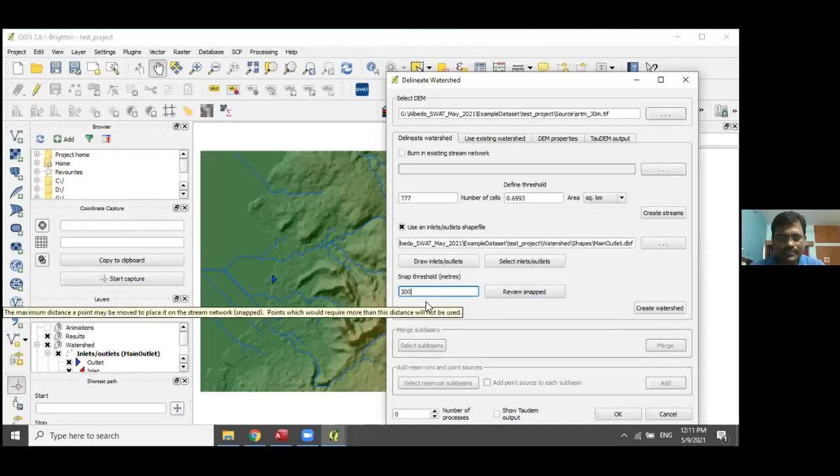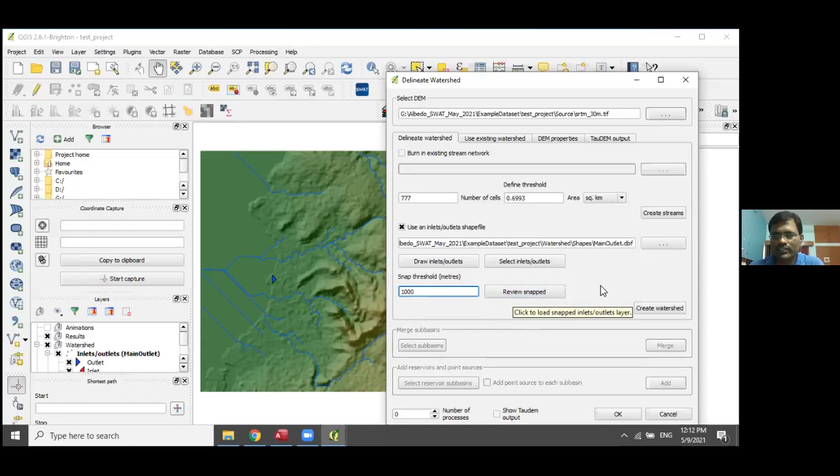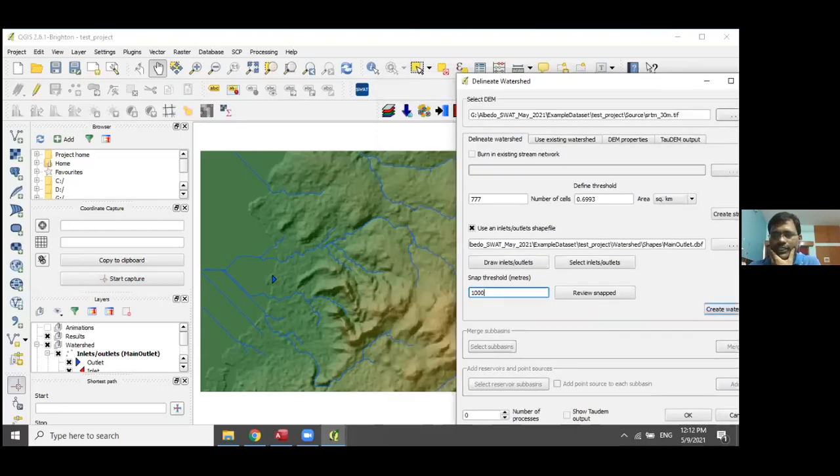In my case, it is around 700 meters away from the main outlet. So I have given this, and now I will create the watersheds. I just have to click on create watersheds.